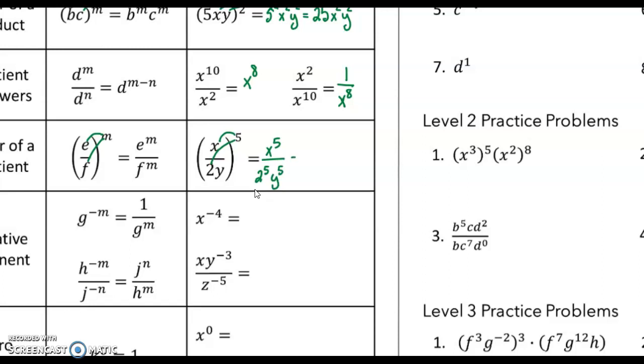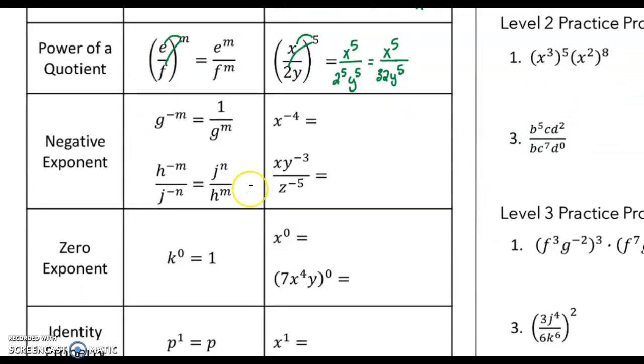And y to the 5th. Lots of people forget to do the 5th power to the 2. So x to the 5th over 2 to the 5th power is 32, and then y to the 5th. And that would be our answer. Okay,